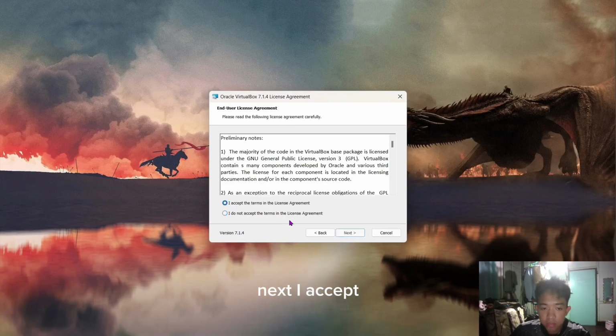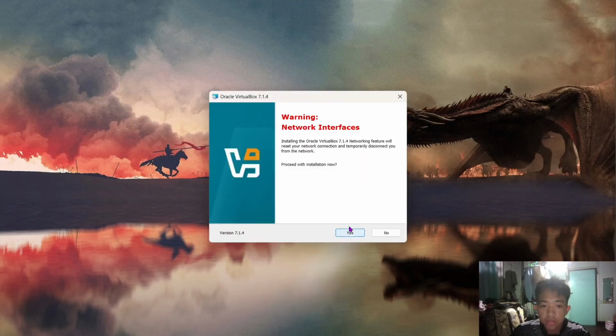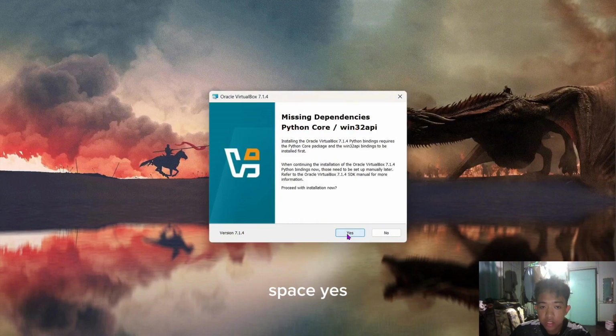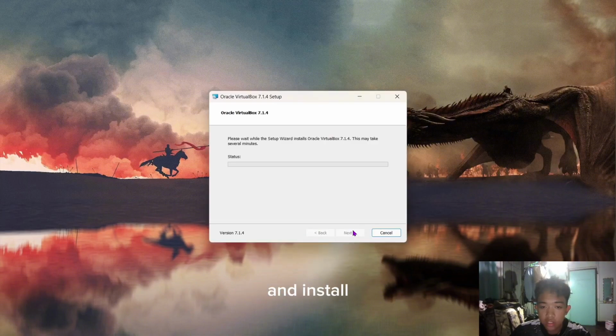Next, I accept the terms. Next, you can try to allocate the location yourself, but I'm gonna use the default. Network interface, press yes. Let's create a start and install.